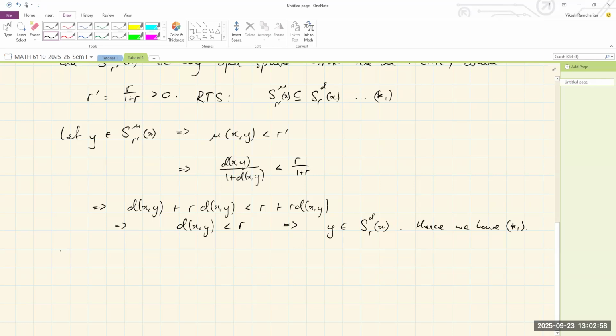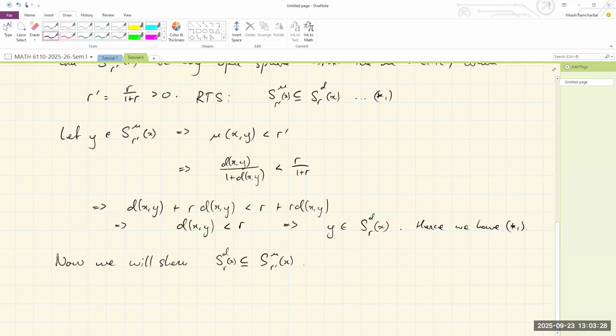So now we will show the converse of this, which is if you give me an open sphere with respect to the mu metric centered at x of some radius r prime, I'm going to find an open sphere inside of it with respect to the d metric centered at the same point x of radius r. And of course,